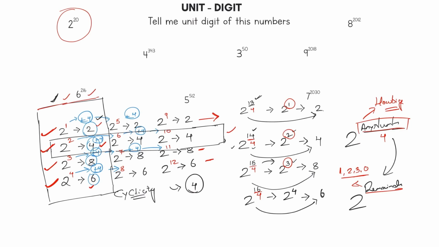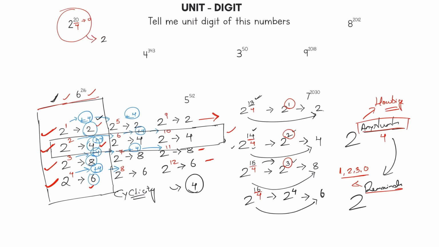So I compare which line the big number that is given will lie in, in this number format. Okay, because my 2 has a cyclicity of 4. So similarly now I can find it out. What is 2 raised to 20? Divide this 20 by 4. 4 1s are 4, 5 4s are 20. Remainder here is equal to 0, which means if remainder is 0, then the last case,